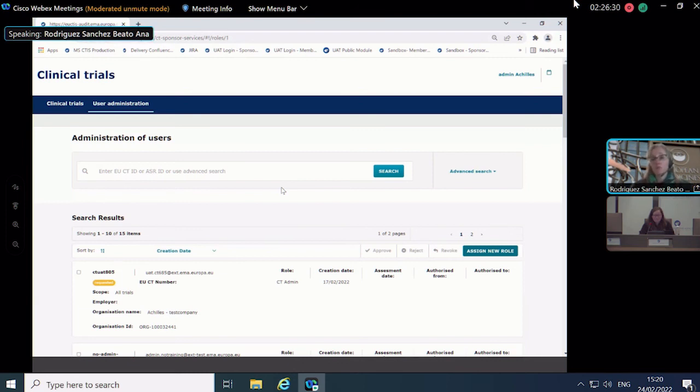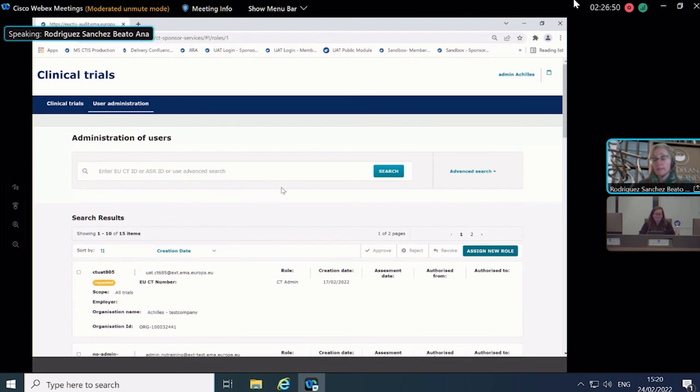CT-centric approach. So meaning that if that user selects an organization that has a sponsor administrator, they will never be able to create an application, because if there is a sponsor administrator, the system obliges you to follow the organization-centric approach, and you cannot proceed.